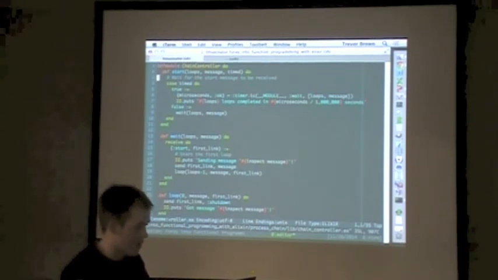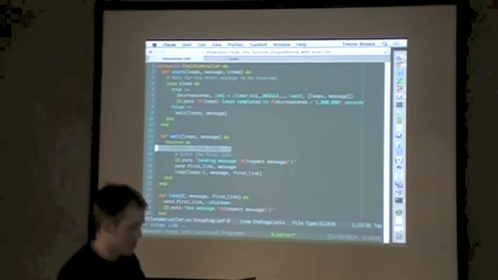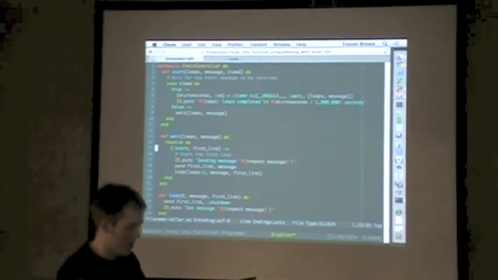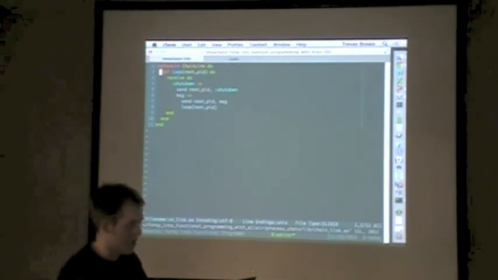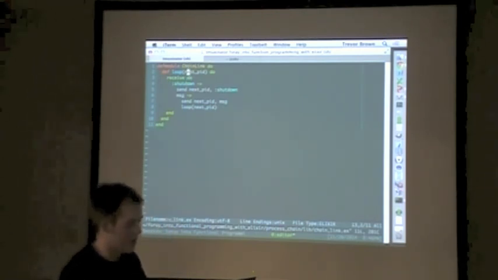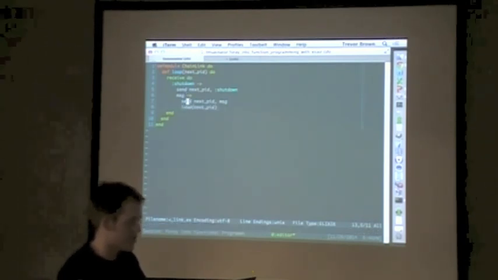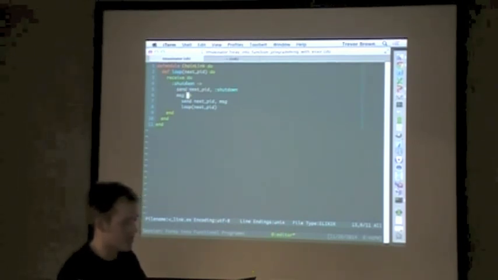we have a start function, which sets up the timer and then waits for the start message to be received, which contains the link to the first process in the chain. And then each of the chain link processes receives the process ID, or PID, of the next process in the chain, and it passes that along to each call to itself, each recursion to this receive block. When it receives a shutdown message, it will simply end, and when it receives a message that it doesn't understand, it's assumed to be a message that's going around the chain, so it sends it off to the next process in